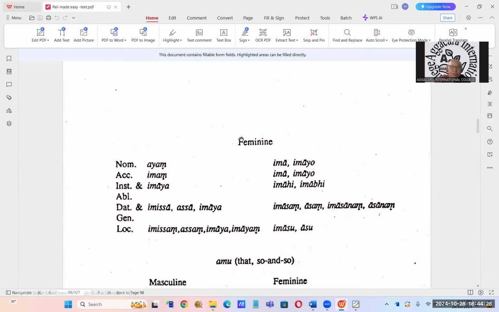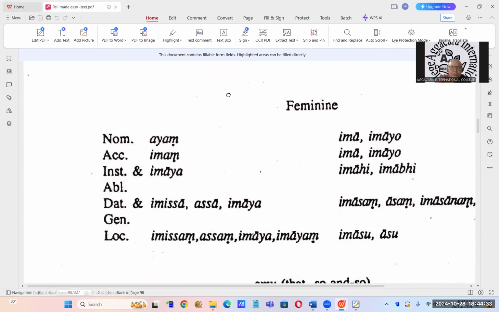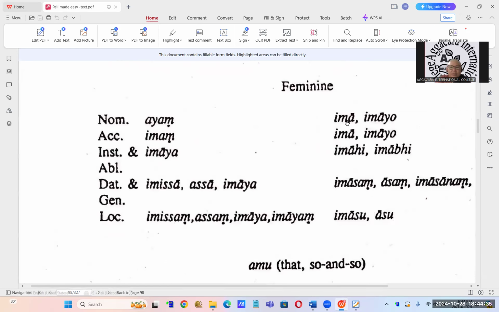So in the process here, we already introduced the Duracell. Now you can see feminine starts with ayam. Now here it is very clear. It uses ima: ima, imayo. For feminine it's very easy. Only the first one is A, then the rest is ima, imas, imisa. Here there is also asa: imasam, asa. So basically for the word A you put another column. Asam, so asa, asam. Asam, asu, put another column.